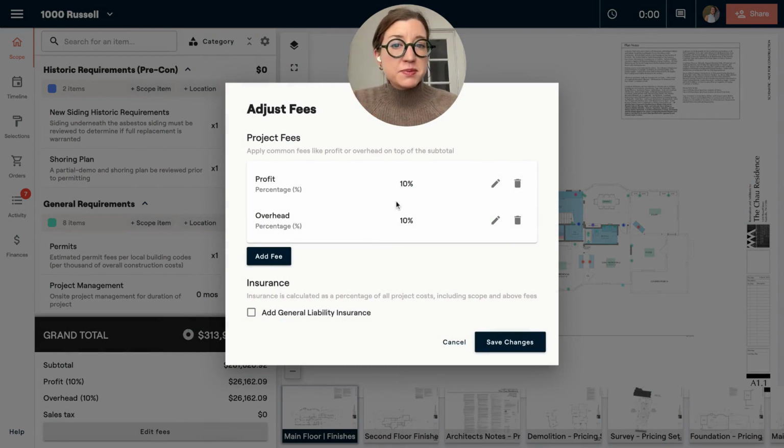So you're going to outline the types of fees that you like to show your client here. You could do your general liability insurance. You could add a small tool surcharge. Whatever the fees are, this is going to be a percentage or a flat fee on top of your project. So this is the way that most design build cost plus firms are running their projects and showcasing their fees